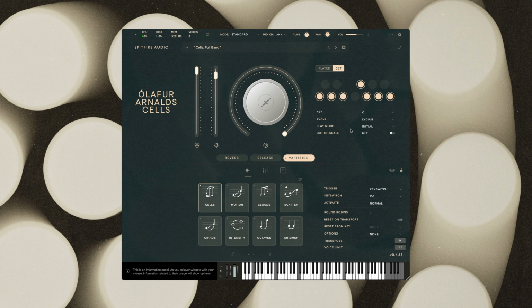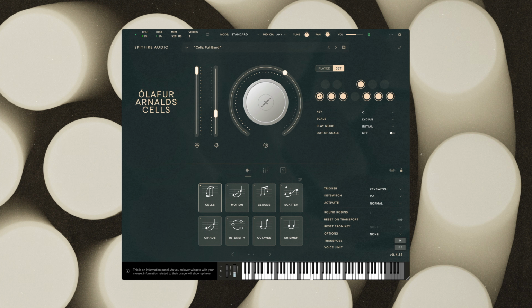So it's two semitones up. So that's playing C's and D's. If I press a bit harder, okay, you get the idea. So we're increasing the interval. If I press very hard,